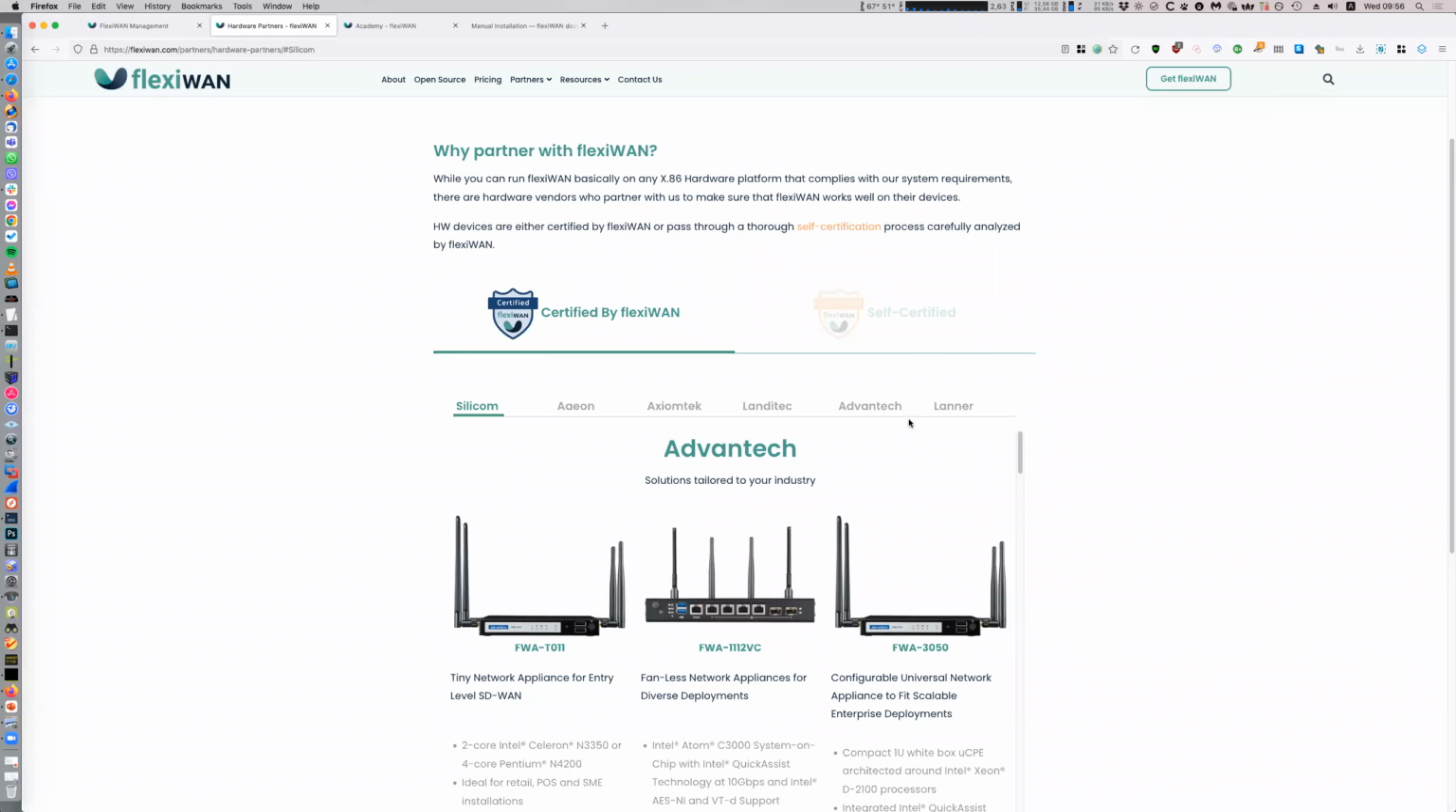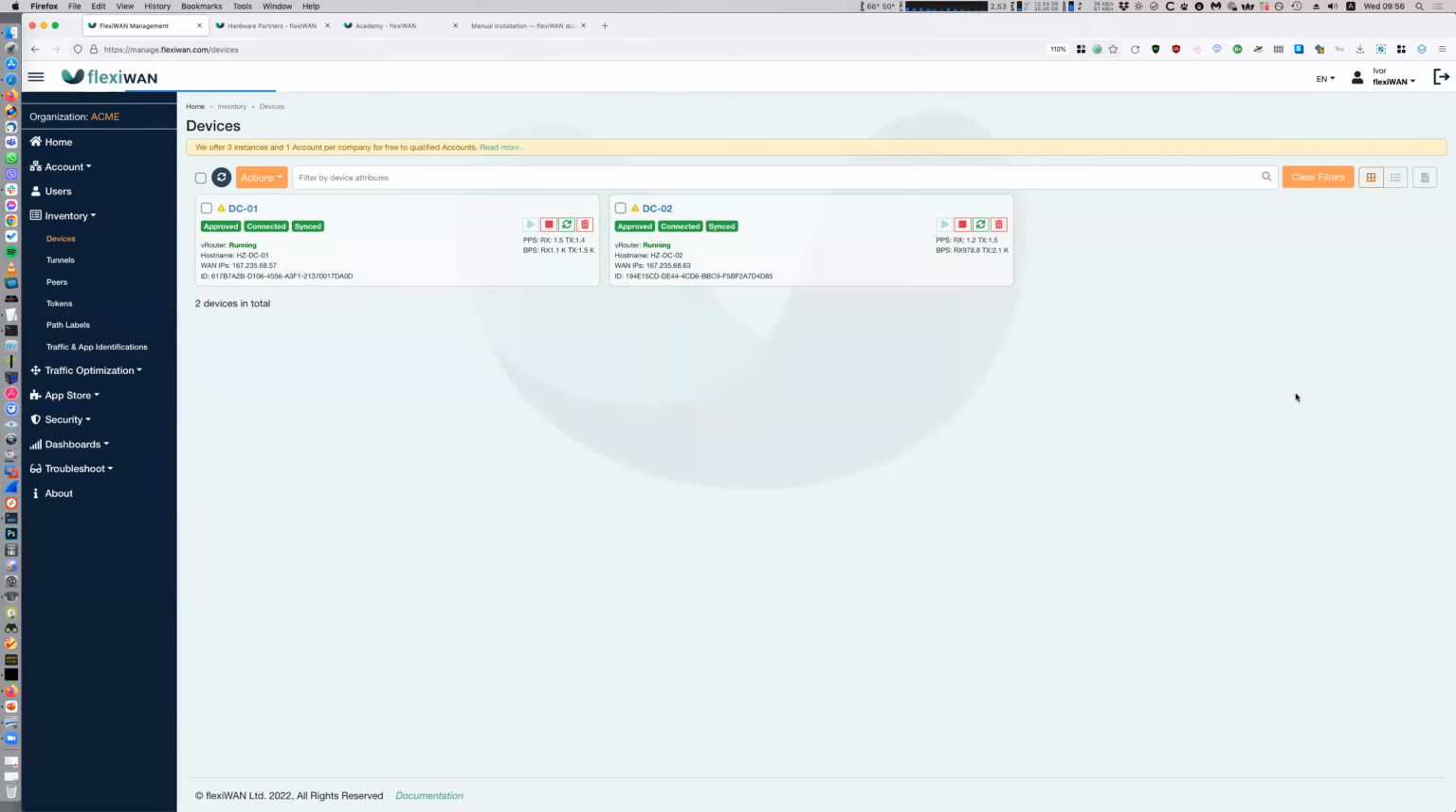So, that's the benefit of using our hardware partners. Especially if you have a large scale deployment, they can even pre-configure devices with the token for you. So moving forward, we have 2 sites, 2 data centers that are ready, and now we're moving to the branches. We'll build a couple of branch sites, and then we'll use them to connect to all the resources